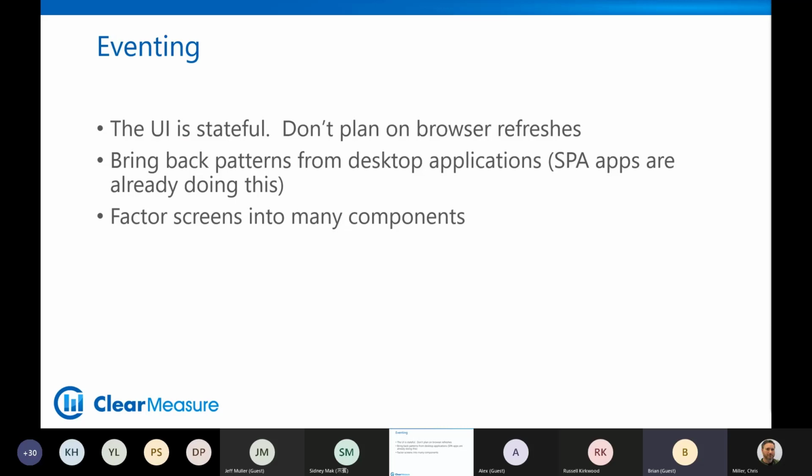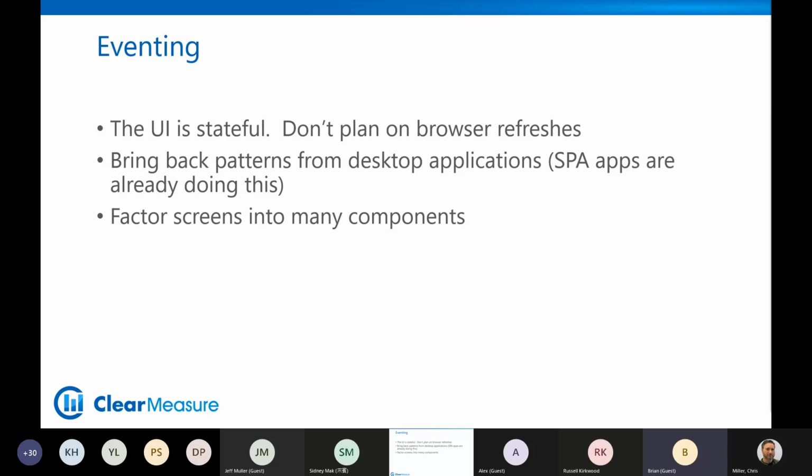It's going to become really apparent when you start to factor your screens into many components. And the Blazor project right out of the gate, the template for File New Project in Visual Studio, really doesn't give you a whole lot of segmenting of the user interface.